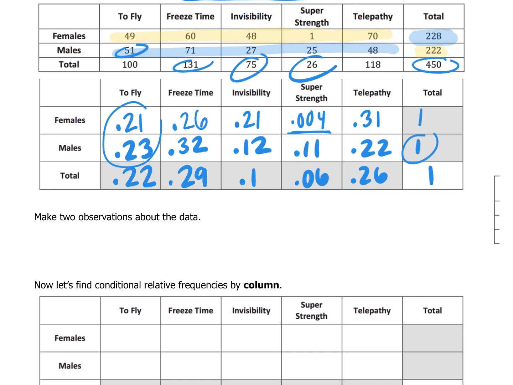Two observations about the data. This is anything you want to say. So I'm not going to write them out right now. If you want to look at my notes key later, you can. You can write things down. So I would say something, maybe you can pick any number in this chart and just describe it. So you could say